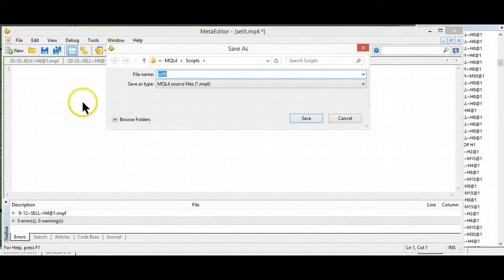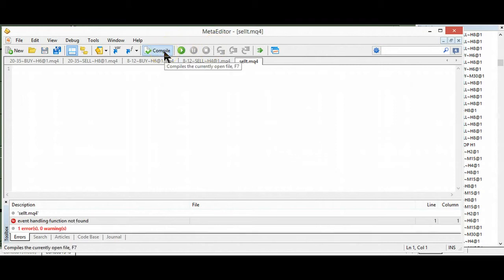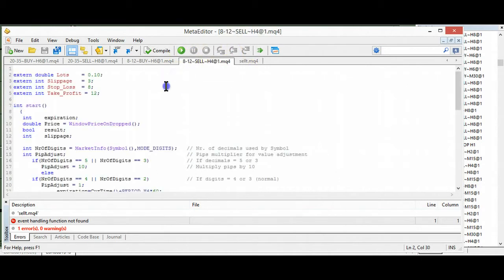And here's where you're going to name it, or you can wait till later. So if I compile this right now, it'll save it. As long as there's an asterisk up here, it's not compiled yet. There's one error, and I guess it compiled, right? There's no data in there. So it's saying, are you kidding me? So what I'm going to do is go to this, then everything I posted in that